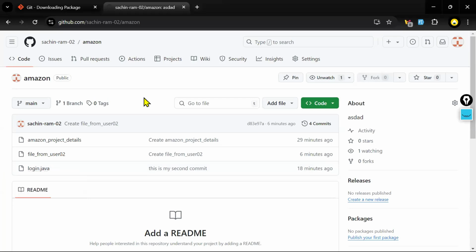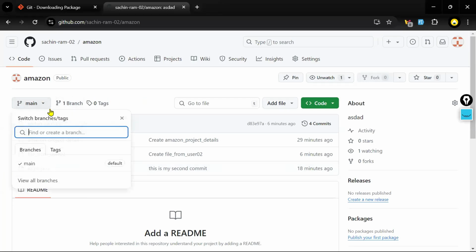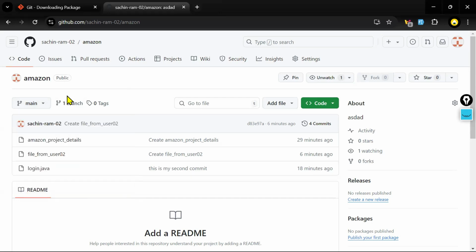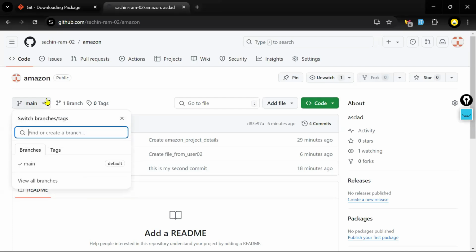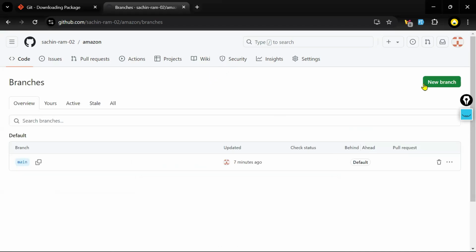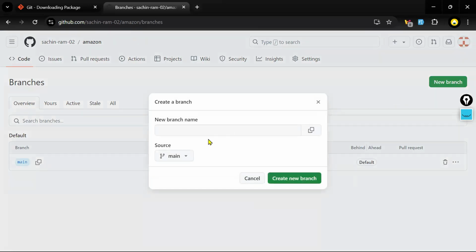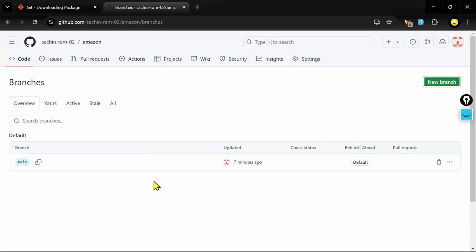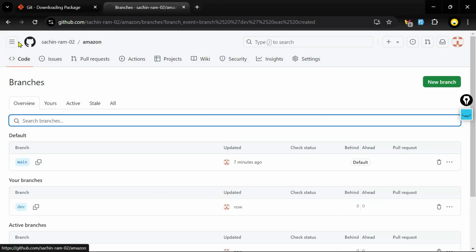Can you see this, sir? This main is a branch here. Correct? Now in the main branch, all these files are created. Now I wanted to create another branch. Just click on this drop down, view all branches, and create a new branch. What is the branch I'm creating? Just as of now, just follow this step. I'll explain what happens internally. I'm just naming it dev, create new branch. Okay. Now, if you come back,